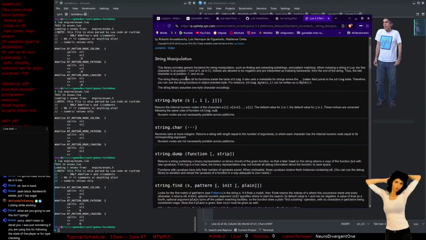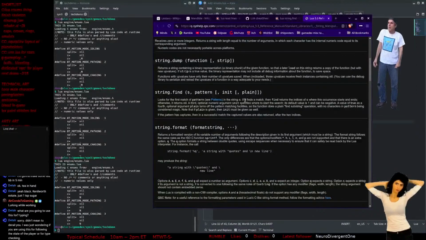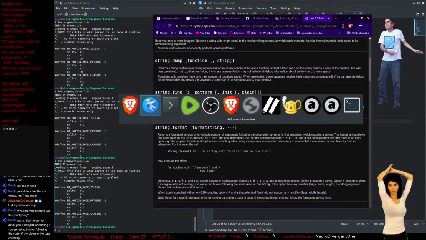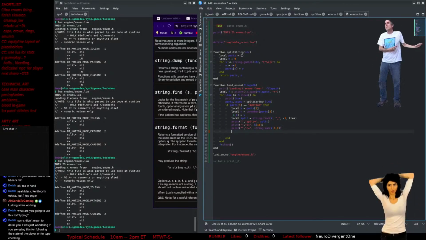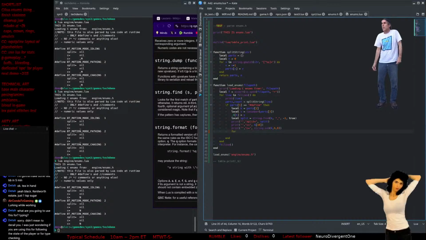And this does not go backwards. It can be negative, so if you start at -1, it starts at the last character, but it still goes forward, so that's not what we want here. Yeah, all right, so we're just gonna do, let's say